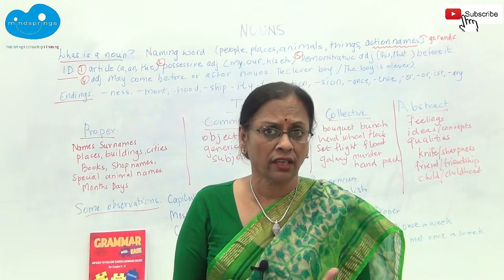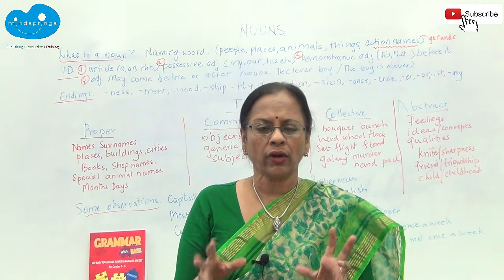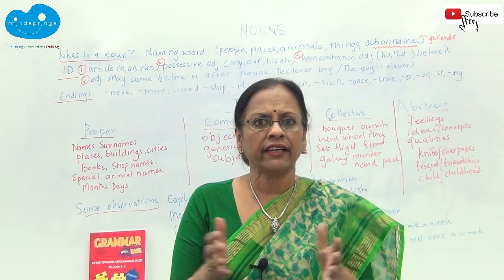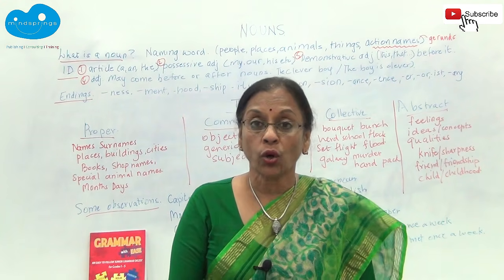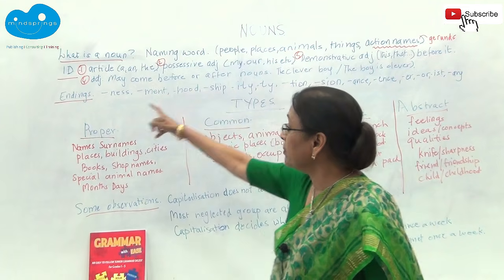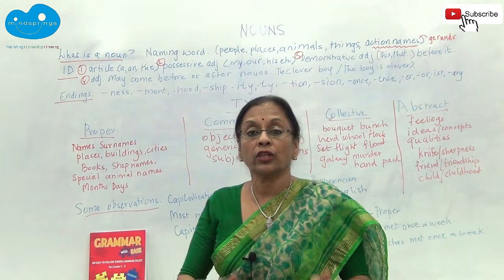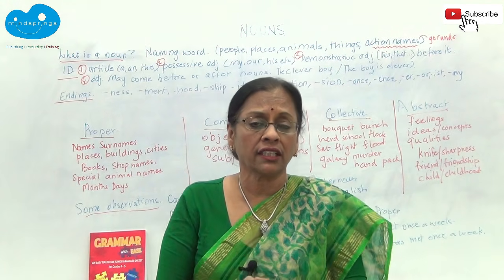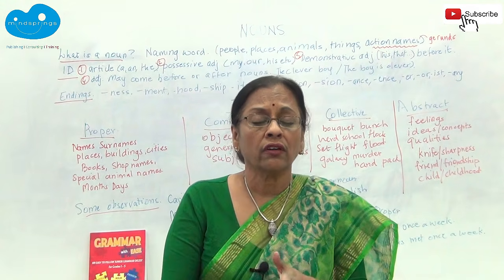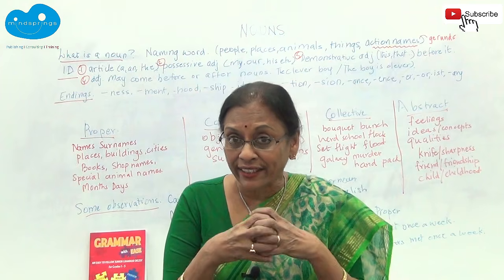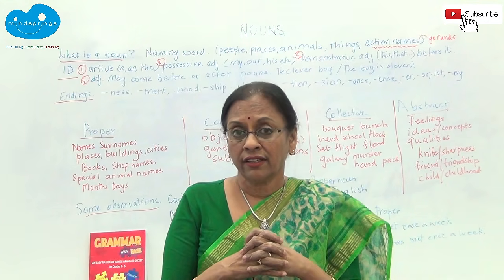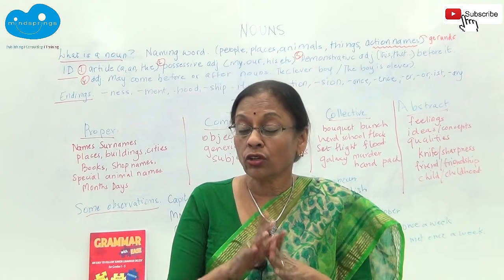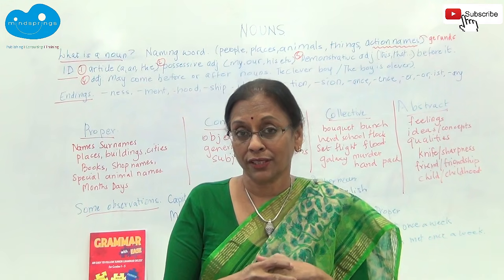You're not sure it's a noun because it doesn't seem to have a thing-like feel, right? And so, how do you identify them? There are four ways. One is you put an article in front of that word. Any word. If you can put an article, a, an, or the, and it can fit. So I can say the boy. You do not put this in front of proper nouns. That's the only thing to remember.